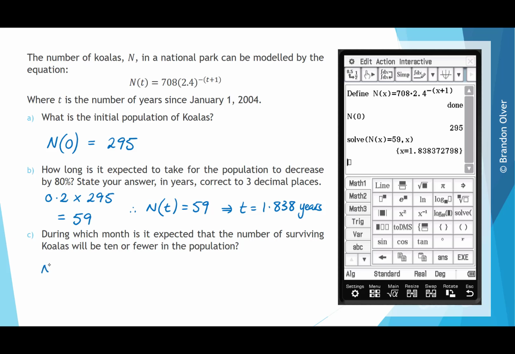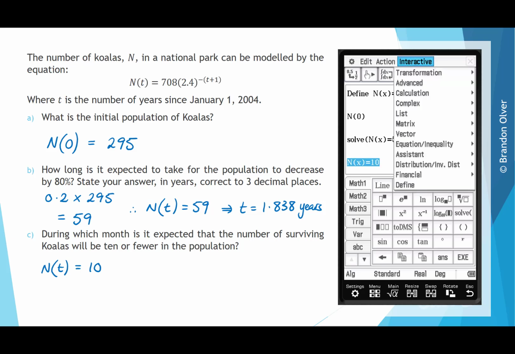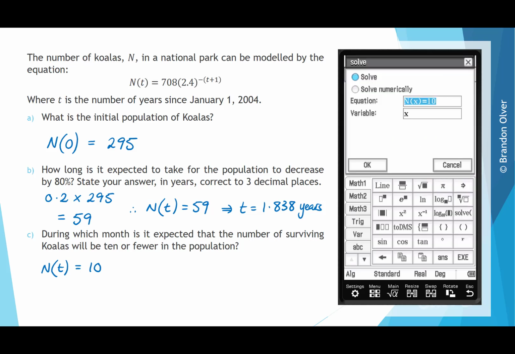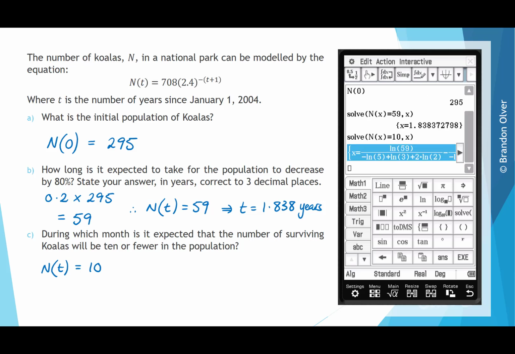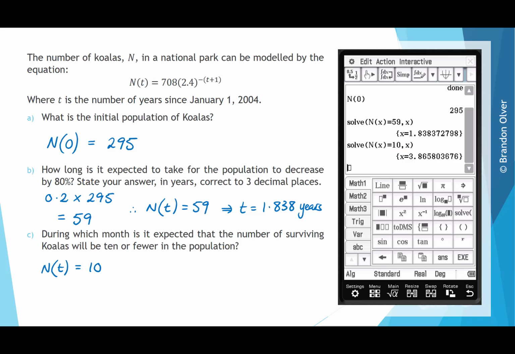So this is requiring us to solve n of t is equal to 10. Next on the CAS calculator, we drag the n of x down and let it equal 10. And we want to highlight that and go interactive equation inequality solve for x, and we find as a decimal x is equal to 3.8658. Therefore t is equal to